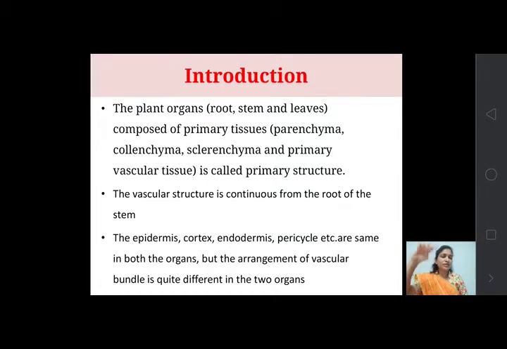The vascular tissue is continuous, so these tissues are also in a continuous form. This continuation is from root to stem. So the vascular structure is a continuation from the root to the stem. And the epidermis, cortex, endodermis, pericycle, all these parts of the primary structure,